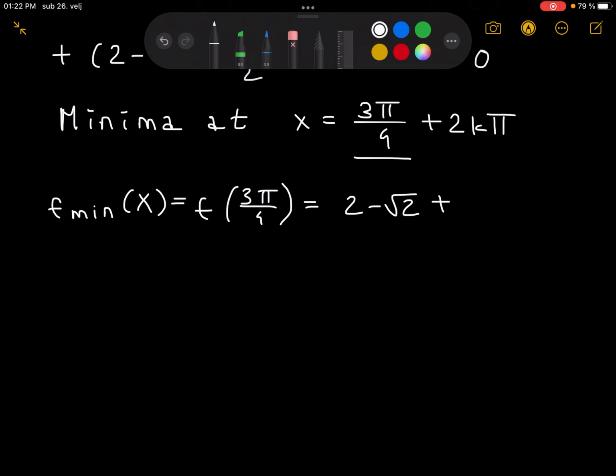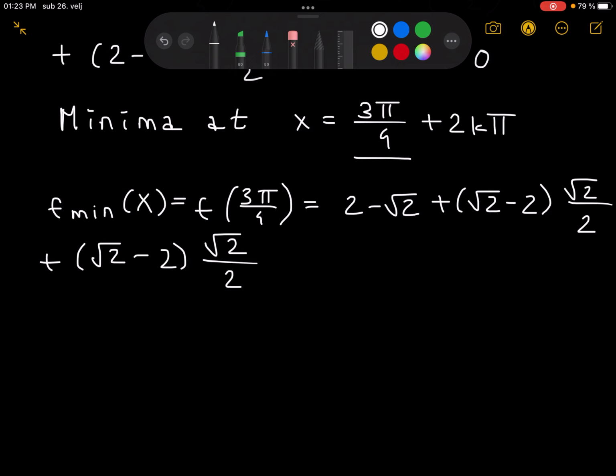So plus the square root of 2 minus 2 times the square root of 2 over 2, which is just the cosine of 3 pi over 4, the negative cosine. I flipped the signs right here, times the square root of 2 over 2 plus the square root of 2 minus 2 times the square root of 2 over 2,